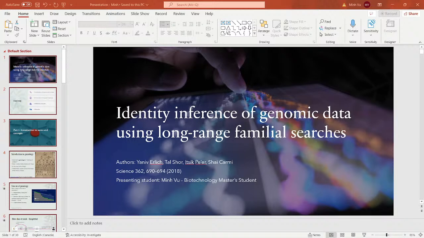So to do this, they have three secondary objectives. First, they would like to test the inclusivity of this method. I'll talk about that later. And then we test the power of elimination, and then we try to apply it in a real-life scenario. So, methodology and results. First, the test of inclusivity.